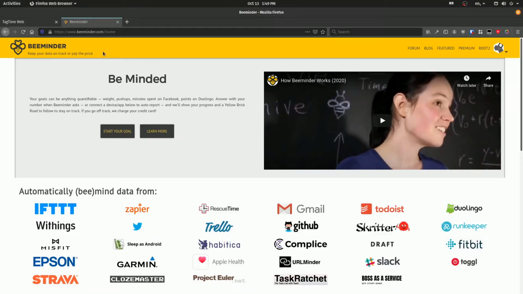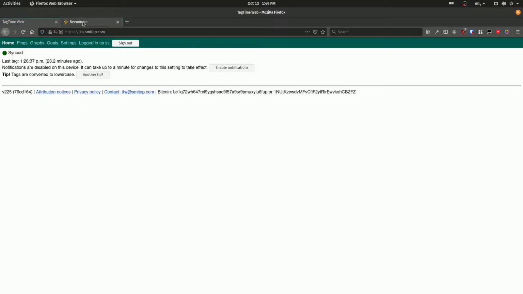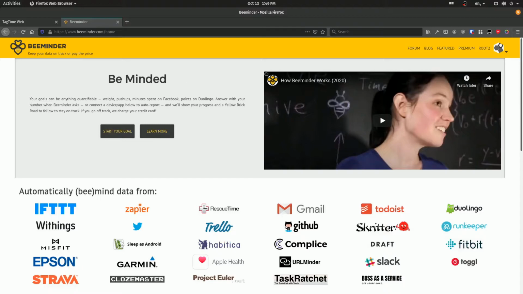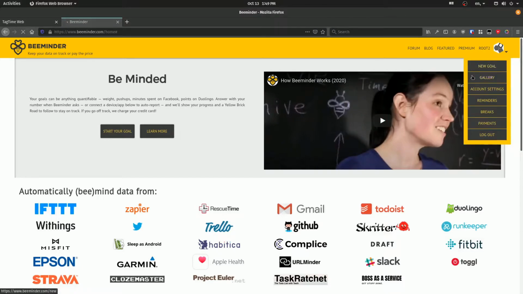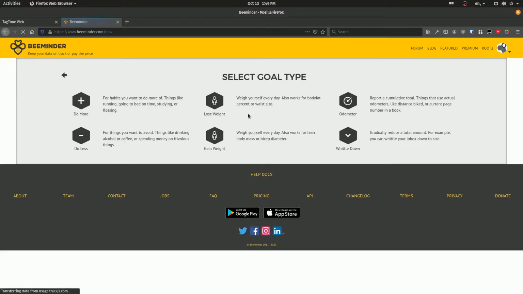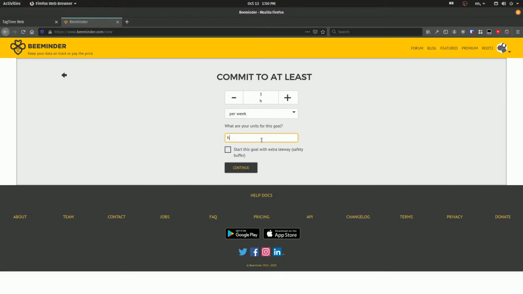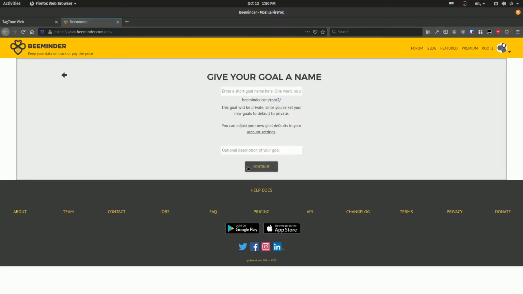Okay, so here's how you can set up your TagTime Web goals to sync with Beeminder. First, you've got to create a new goal, add progress manually. Let's say I want to spend more time at my computer. Here, type in hours. Let's say I want to be at my computer for 3 hours a week. Hit continue, give it a name,